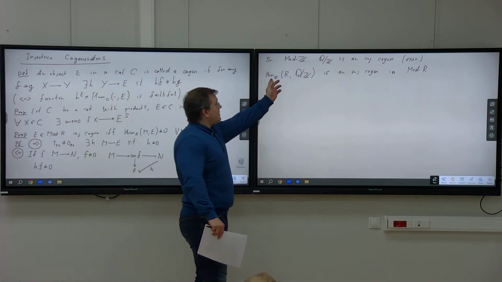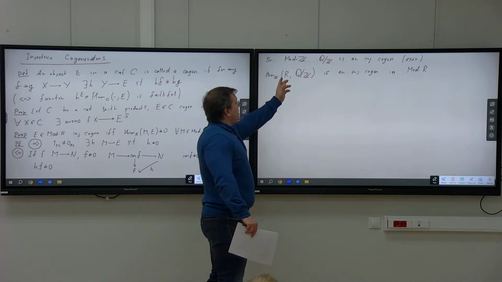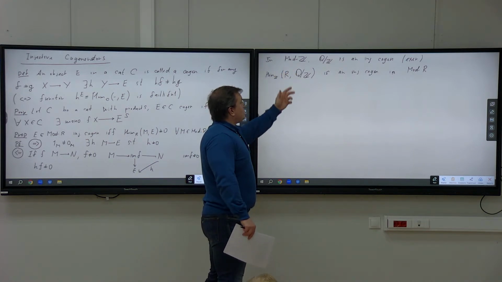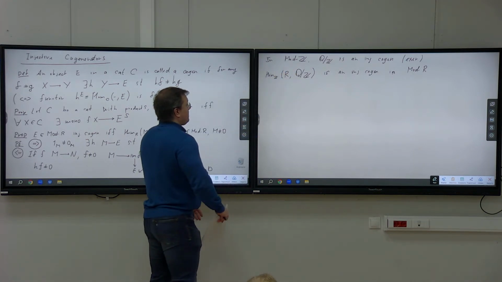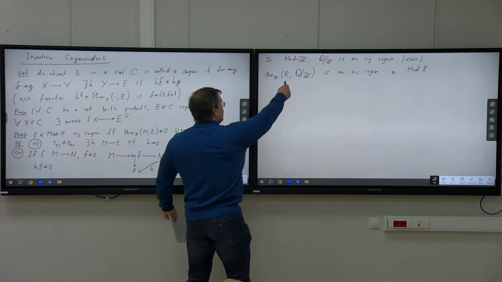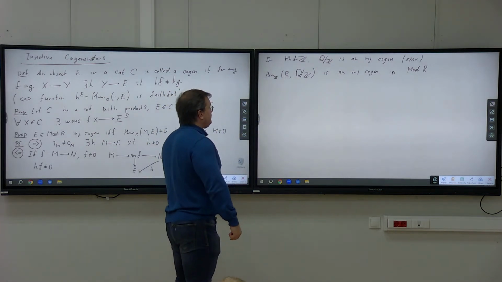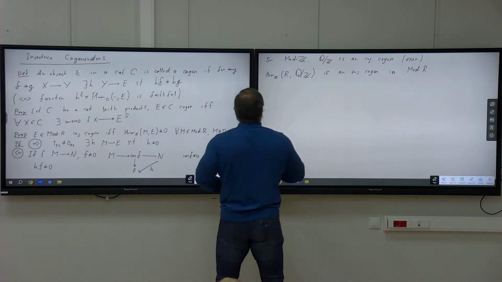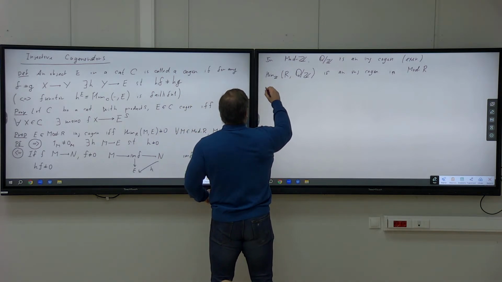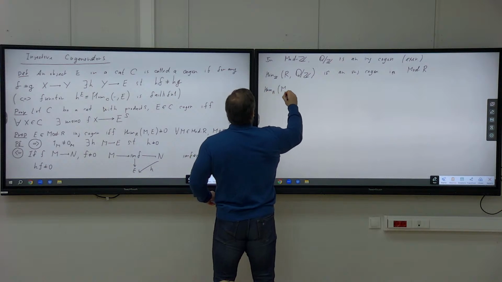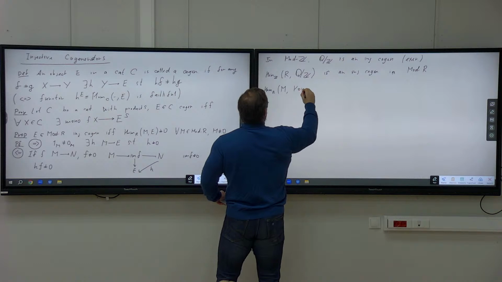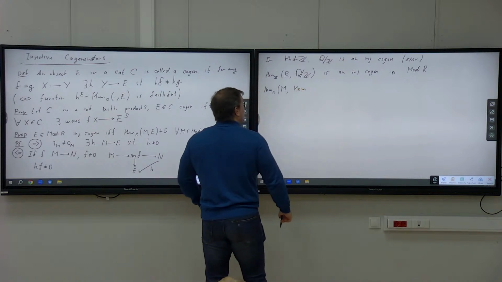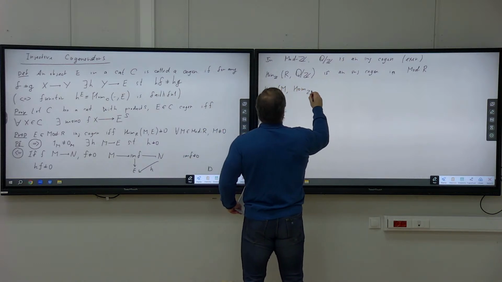So this Hom kind of uses this abelian group structure, and then the result of this whole Hom is just a right R module, if I consider this R as a left R module. Why is this an injective generator? Well, this is just a simple adjunction. If I look at the Hom over the ring R from M to this object that I just claimed to be an injective cogenerator,